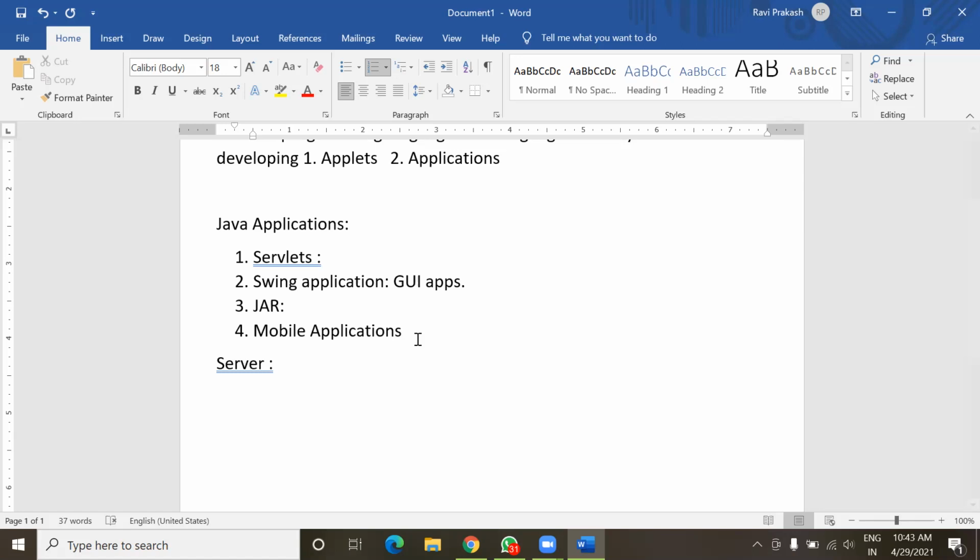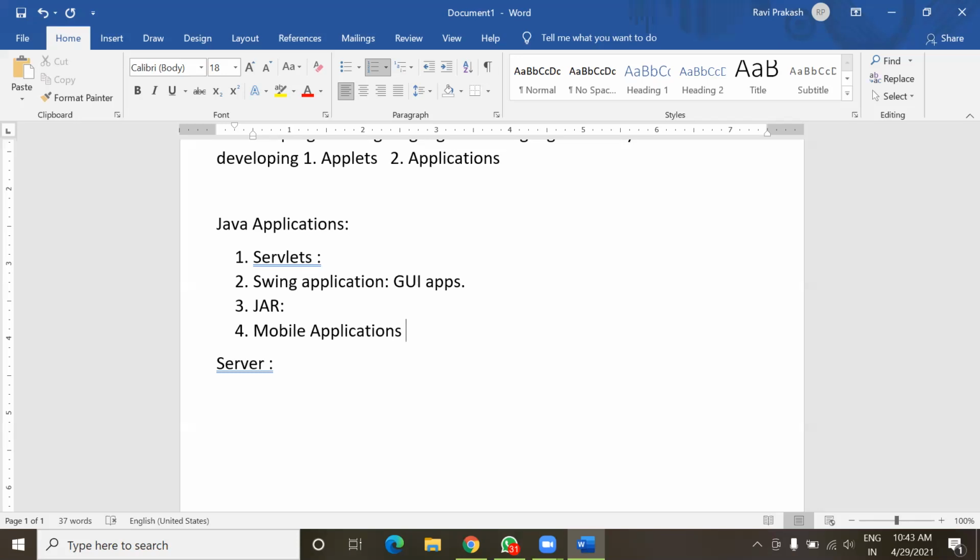Java programming language can also be used for developing applications for mobile devices. For example, several games are developed using the Java programming language for mobile, and other application software are also developed using this Java programming language, and all those applications are called mobile applications.